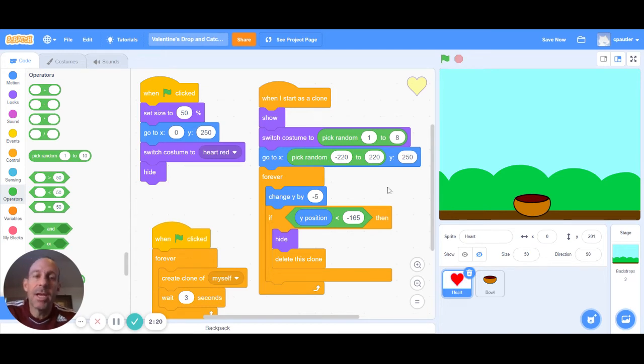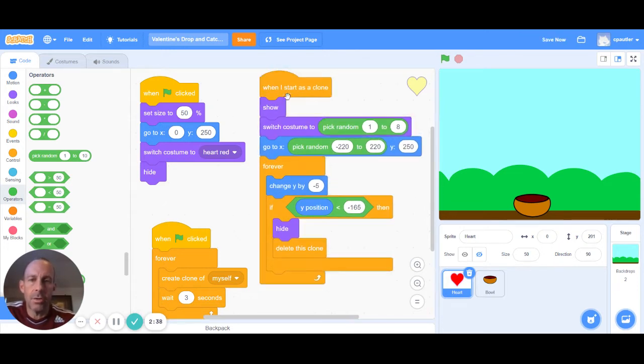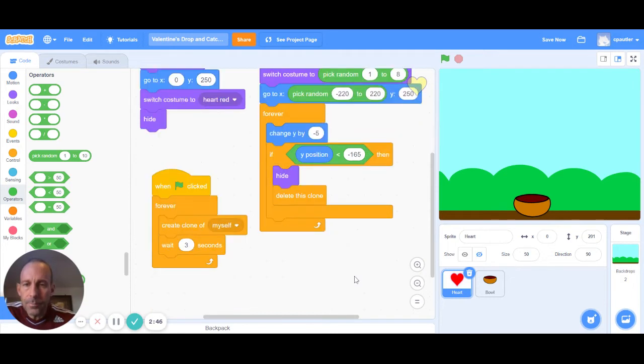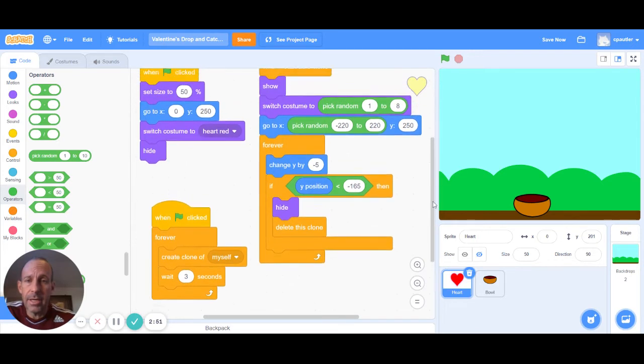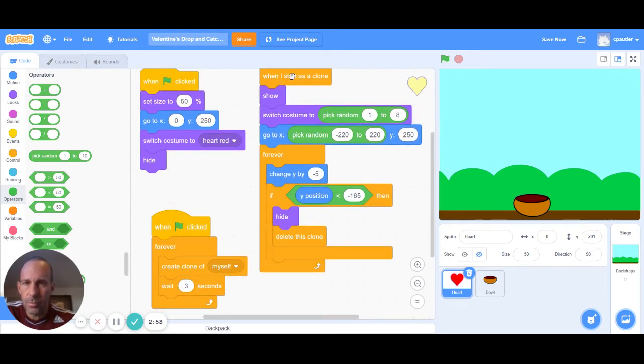I'm very excited. So now we need to actually be able to catch these things. For catching them, we could put this in the heart section, or we could put it into the bowl section. I'm going to put it in the heart section for this reason: this is where the clones are made, and I want to make sure I delete the clone after it's caught. So I'm going to put something very similar to what I did in the when I start as a clone part, and I'm going to put in another